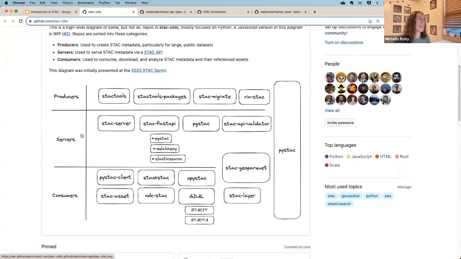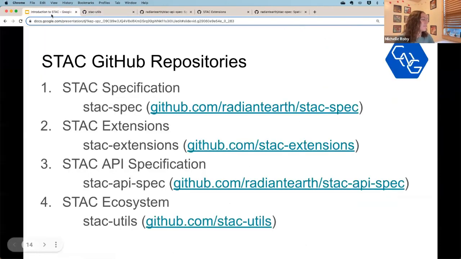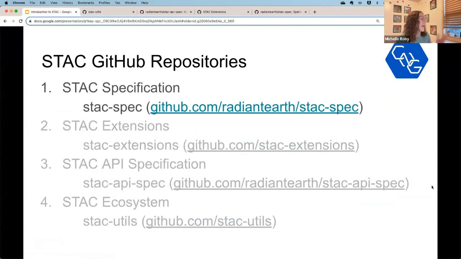If you continue to work with STAC, this is a place that you'll visit a lot. So I just wanted to include those so you can click back to those later. You kind of understand the lay of the land that we're about to explore. And so we are going to start with discussing the basic STAC specification.